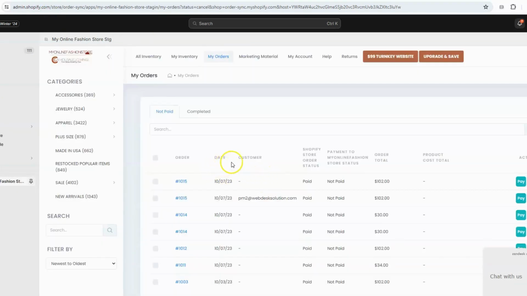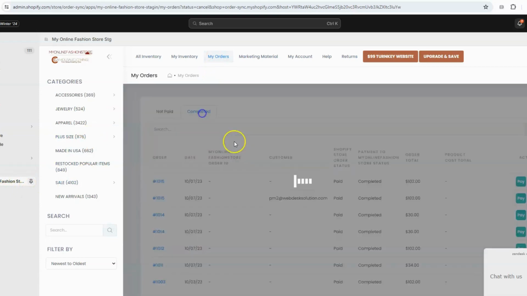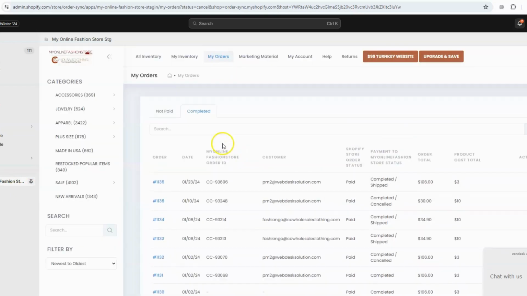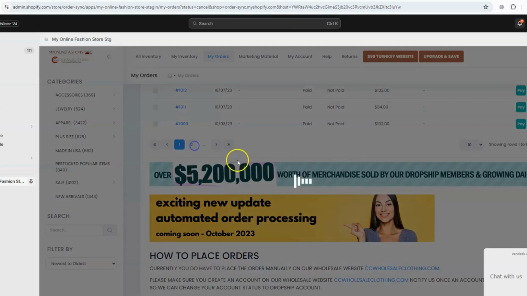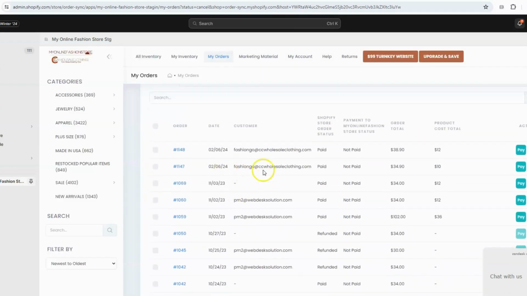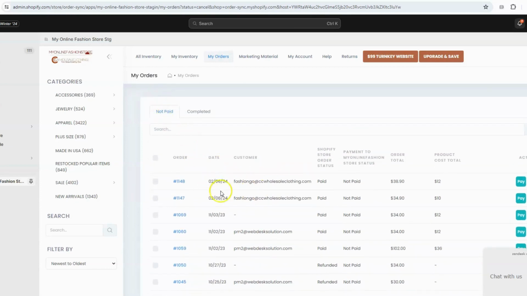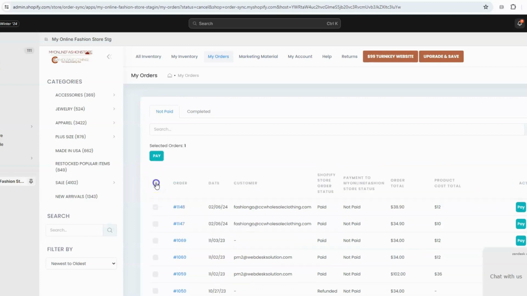You can also process multiple orders at the same time. So let's say you have multiple orders at the same time, you can go to under not paid, and let's say you have 2 orders or 3 orders that you need to process at the same time. You don't need to individually pay for these items. You can just select the orders here, and then just click on pay,